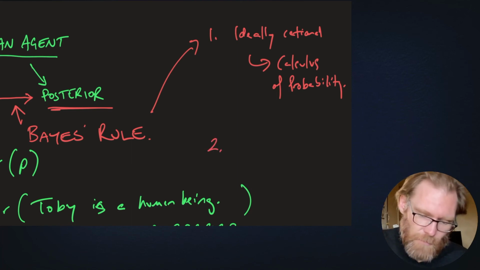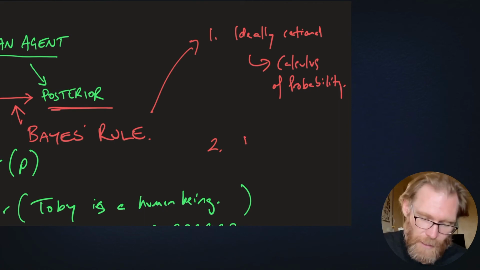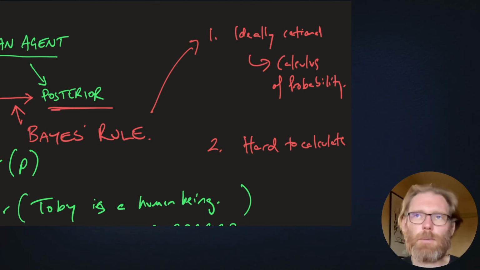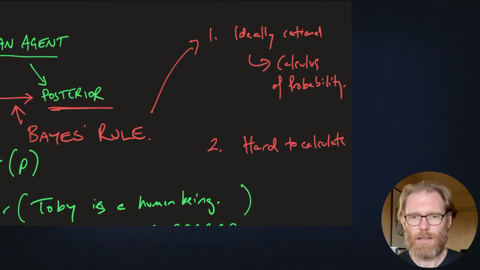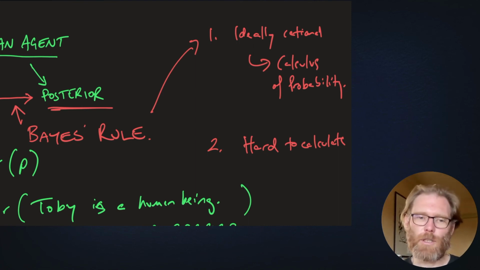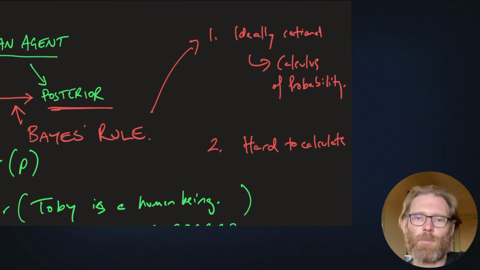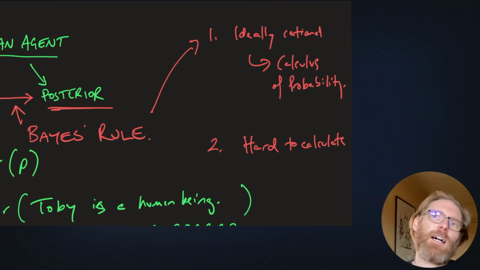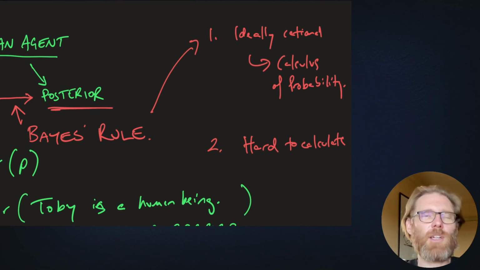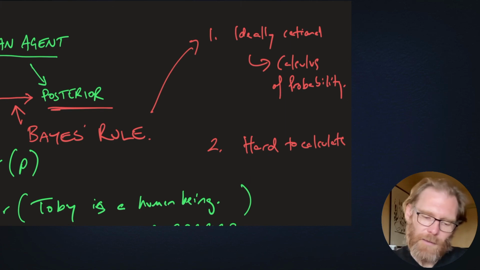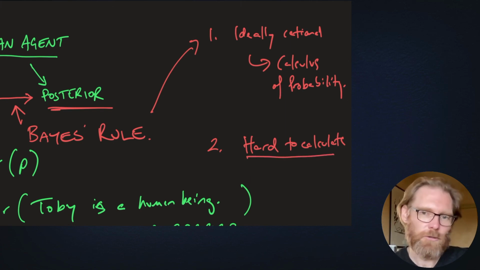But on the other hand, it can be very computationally expensive, we'd call it, right? Hard to calculate. Because it's ideally rational, it takes into account every possible scenario that could bear on things. And in practice, that's going to get really hard, especially if you're using a model that has a complicated social network where Bloggs might be telling me that it's going to rain tomorrow because of what Smith said, but Bloggs also could be doing it for a completely different reason, and Smith said the opposite. How do I take those two possibilities into account? But there's not just those two possibilities, because each of Smith and Bloggs' cousin Jenkins are themselves in contact with 20 other people in the network, and there's all these different patterns that could have led them to say what they're going to say. So basically, it can rapidly become computationally intractable,